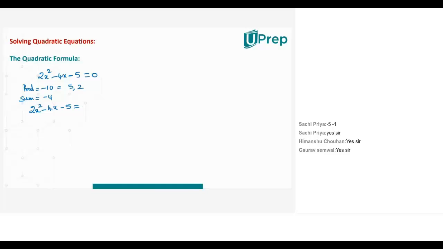Let's consider this equation as it is. 2x square minus 4x minus 5 equal to 0. Rule number 1 of this step for solving by using quadratic formula is the coefficient of x square should always be 1. If it is not 1, let us make it 1. And this is always possible because right hand side is 0. What happens if I divide both the left hand side and right hand side by 2? Did you understand why I divided by 2? Because coefficient of x square is 2, but I need 1. So I divided with that coefficient so that it becomes 1 automatically.